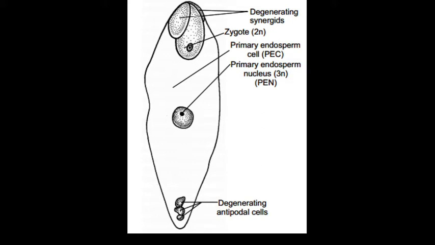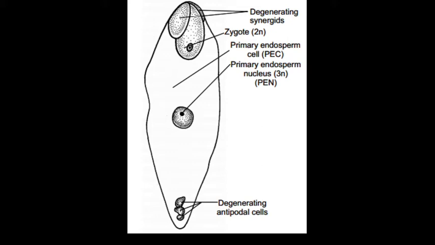What is happening in double fertilization and triple fusion? On reaching the synergid, as we discussed earlier about the synergid and its function, the synergid guides the pollen tube to enter the ovule and fertilize the egg. On reaching the synergid, the pollen tube releases two male gametes into its cytoplasm. Of the two male gametes, one fuses with the egg nucleus to form a diploid cell, which we call the zygote. This event is called syngamy.